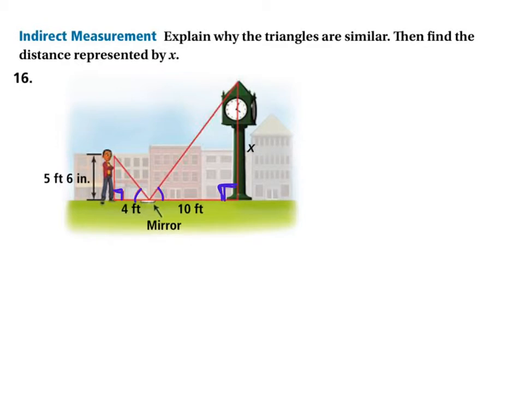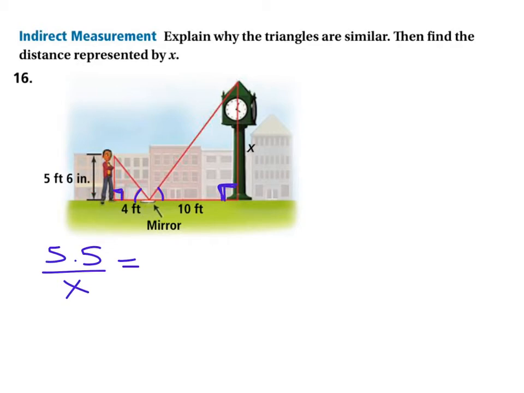So what we do is we set the proportions equal to each other, and we know that 5 feet 6 inches is actually equal to 5.5. 6 inches is 0.5 of a foot, half a foot. So that side matches with the height of the clock, which we don't know, so we're going to call it x. And set that equal to, well, what we know about this 5.5 comes from this small triangle,